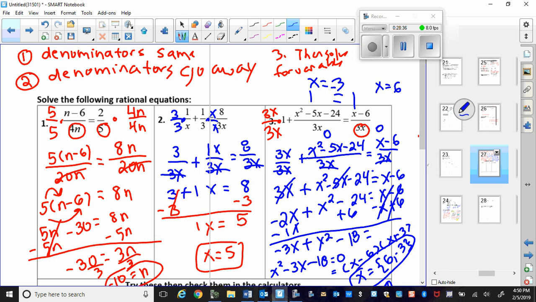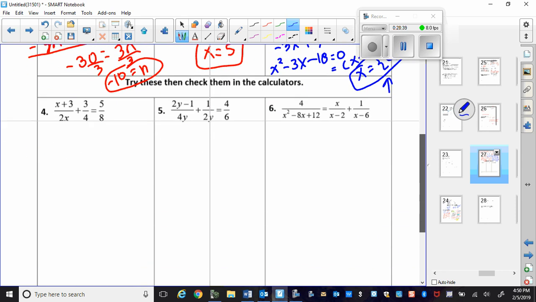Number 4, 5, and 6. Well, let's go ahead and do it. So now we should know we want denominators to be the same. You're going to do number 6. So in order for these to be the same, I have a 2x, a 4, a 2x, a 4, and an 8. So the biggest I need these numbers to be would be 8. So what could I multiply times 2x to make it 8? Well, I could multiply 4